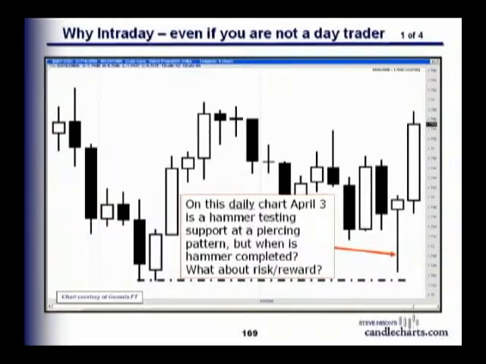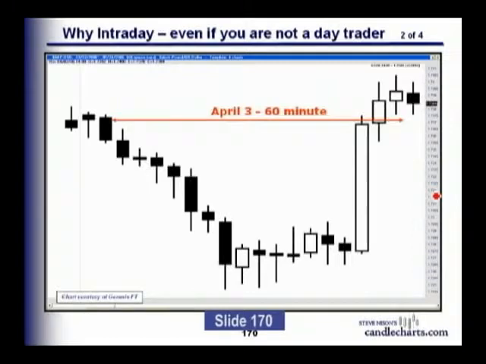So this would not give us a good risk reward because our entry point is here on the close or the next day's opening. So this would not be a good risk reward. Okay. So this price area here is right around 174 on the close. April 3rd, I'm making a magnifying glass, zooming in. This is April 3rd. This is a 60-minute chart. Okay. What's happening on the 60-minute chart? Some long